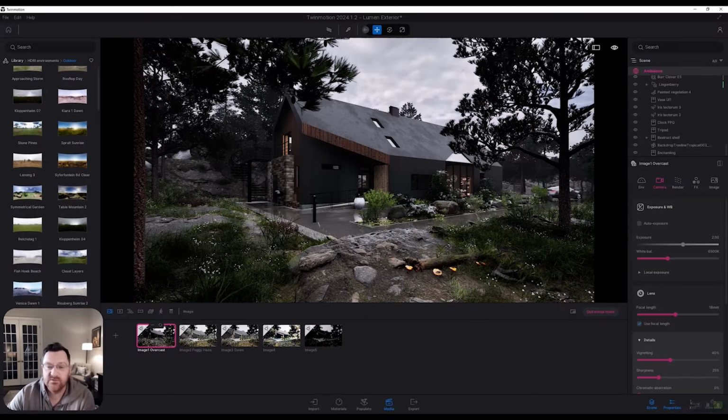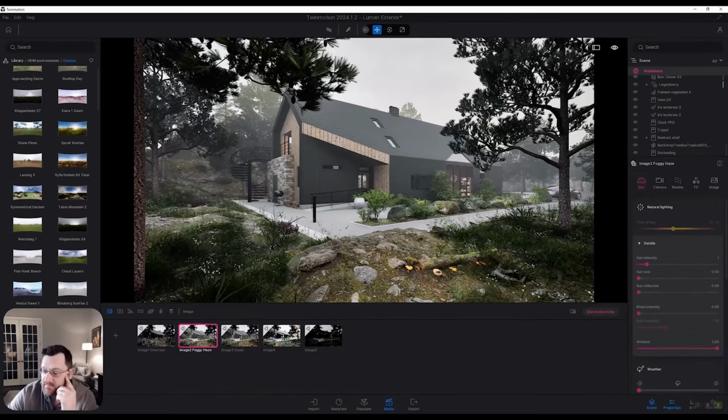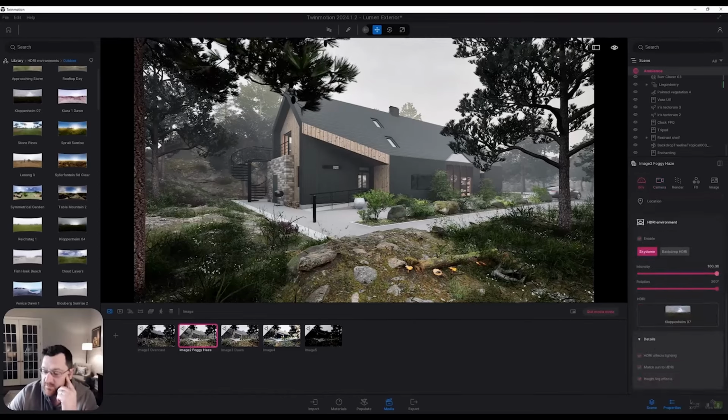Now, we've already talked about image 1, overcast, so I'm going to look at image 2. And this, I wanted a foggy, hazy atmosphere. A couple of things about this you can see here. We go to the right, we're using a different HDRI. This is Kloppenheim number 7, which is a very nice gray ambient, but does come with a white hotspot,